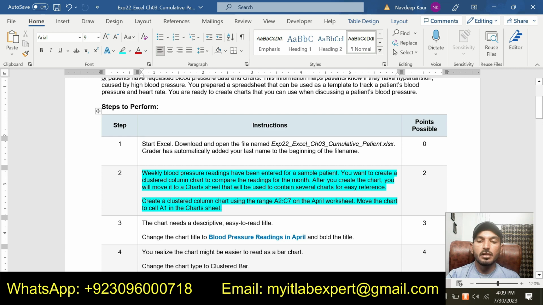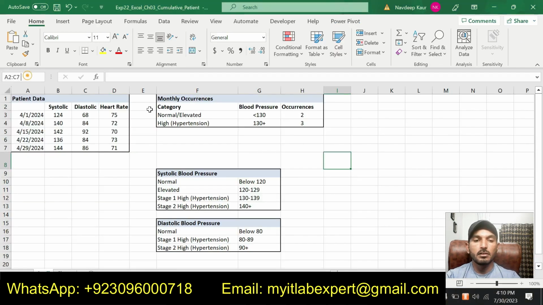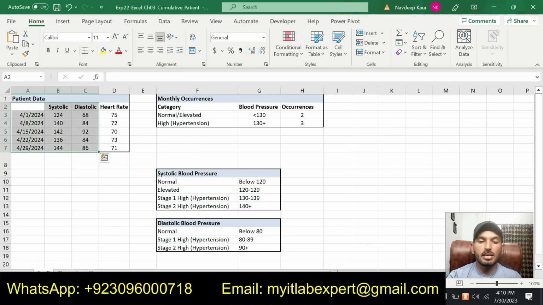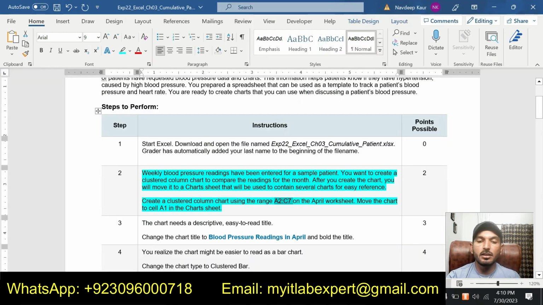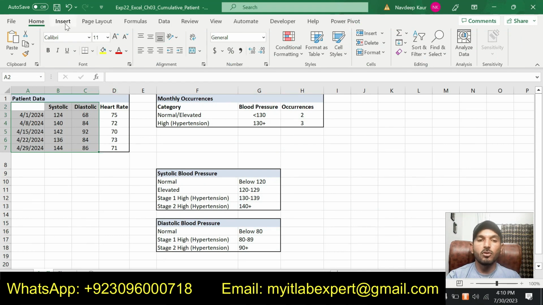So let's start and select this range A2 up to C7. So this range has been selected. Now we are supposed to create a clustered column chart. Simply click on this Insert tab